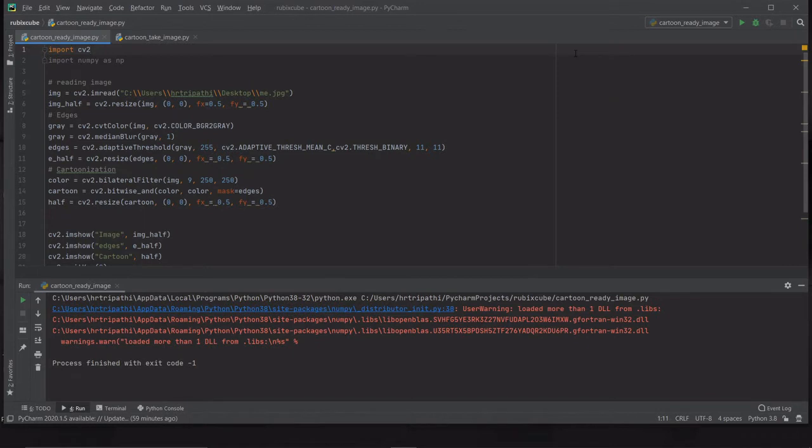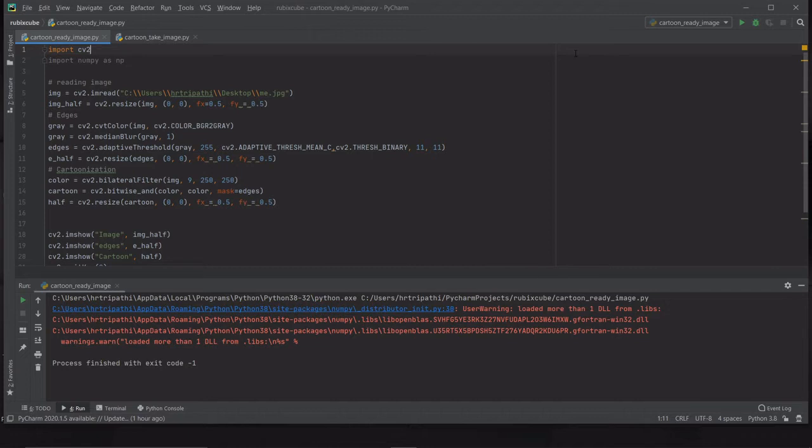In this particular video, we're going to be making our own cartoon and pencil sketch filter. If you've been following my channel for a long time, you must know that I've also posted an earlier video on the pencil sketch filter, about 4-5 months back. In that video, I discussed how to use image processing techniques using the CV2 library to make your pencil sketch. But this video takes this a step further, and in this code's output you get a way more enhanced image as your pencil sketch, and you can also add an option to get your cartoon filter as well. So this is just a step further. So let's get started with the video.